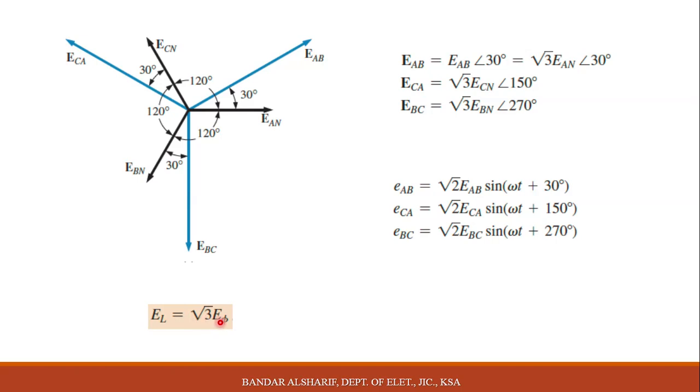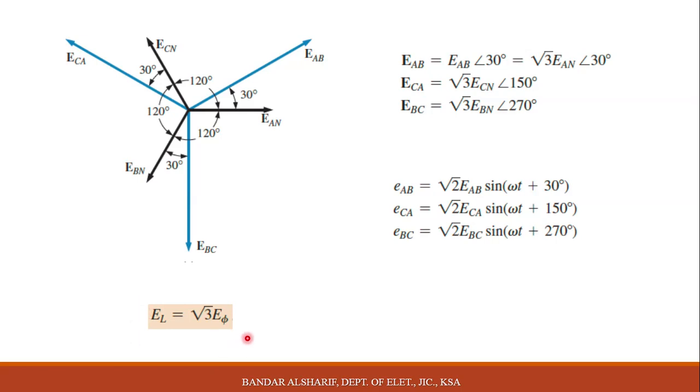If you multiply the phase value by root 3 in a Y connection, you will get the line value. If you remember in the lab, 120 volts is connected from line 1 to N, or 2 to N, or 3 to N. This is considered the phase value. If you multiply 120 by root 3, you will get 208, which is the line-to-line value, 1 to 2, or 2 to 3, or 1 to 3 in the lab